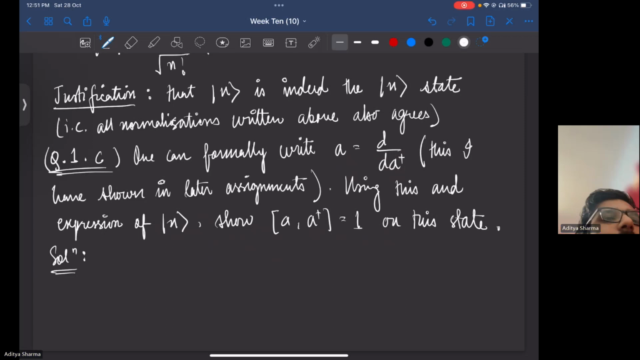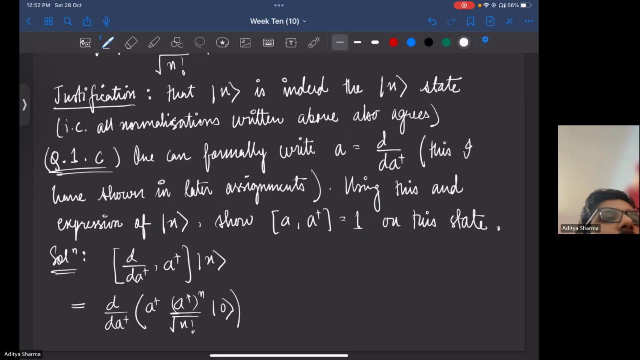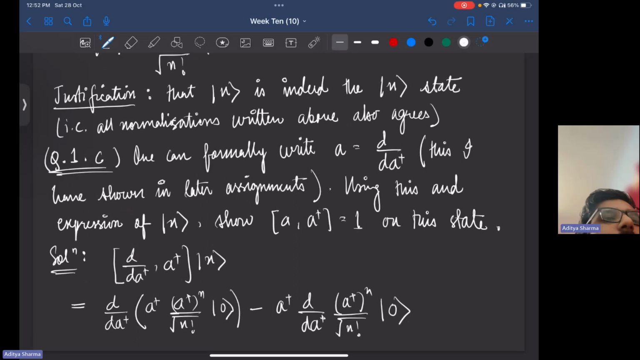Solution goes like this, acting on |0⟩. You're going to find this equals